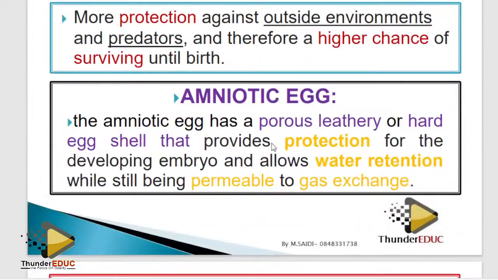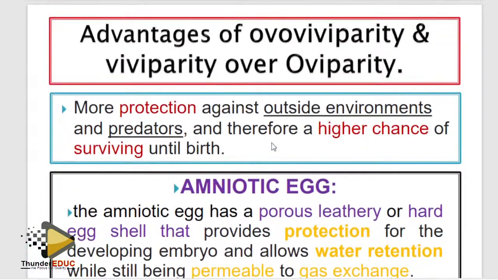So we have seen that. Just know one advantage of external fertilization and of internal fertilization. Basically it's the same thing here. Internal fertilization brings about internal development, and with external, there is a high chance of fertilization. With internal development, there is a high chance of the organism surviving.